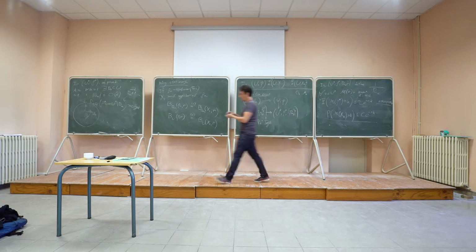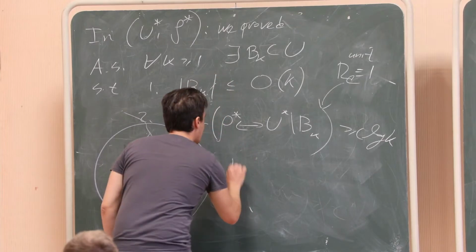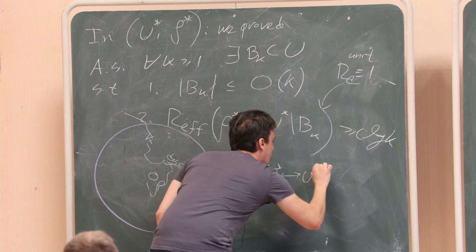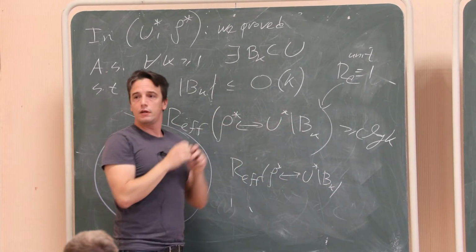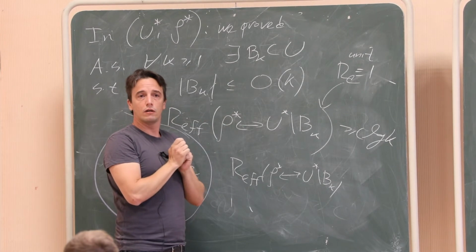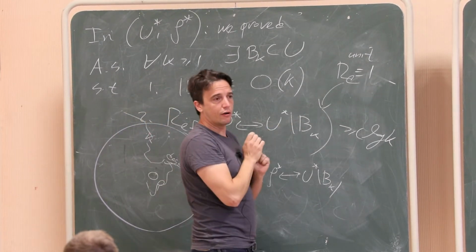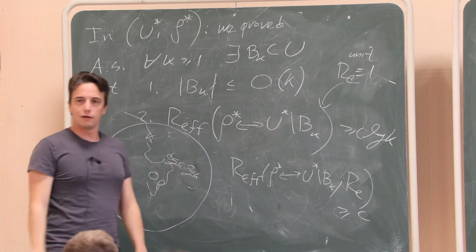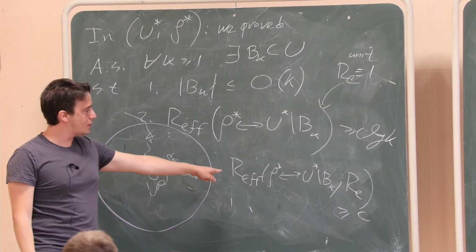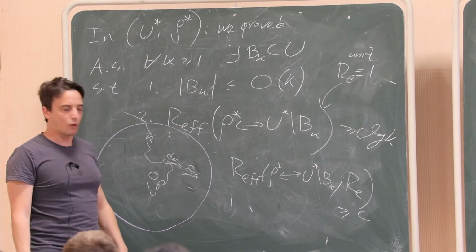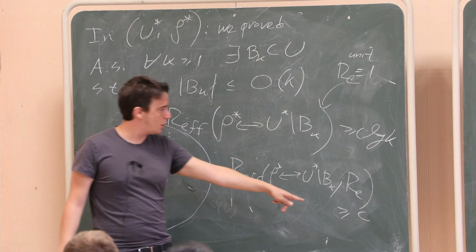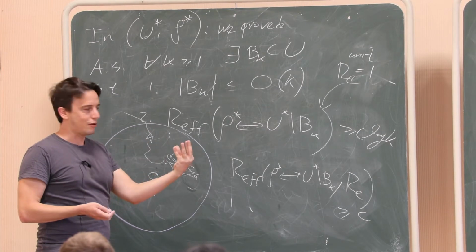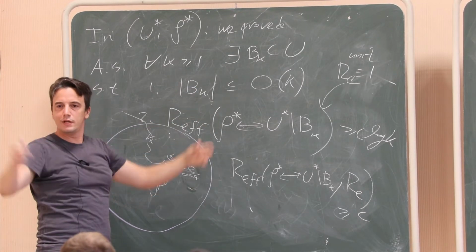So if you believe all that, what I get is that the effective resistance between rho star and U star minus B_K, now when I'm not in the simple random walk, but when I look at the walk induced by R_e, by the new edge resistances, is at least a constant. And this holds for any K. So what we discovered here is that this constant does not depend on K. I can take K to grow, and I get that the resistance between the center and a ball going to infinity is at least a constant,